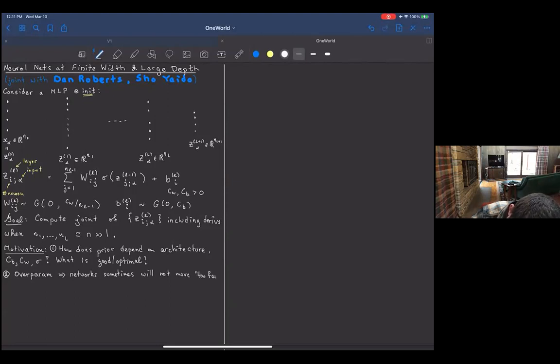Quote unquote, too far. I'm not really telling you the correct metric here, from the start of training, from init. So many results, especially of NTK type, about networks say the initialization determines a lot about the way training is going to proceed. If we can only understand initialization very well, training, at least in some contexts, will be a small perturbation around the initialization. So that makes it nice to study.